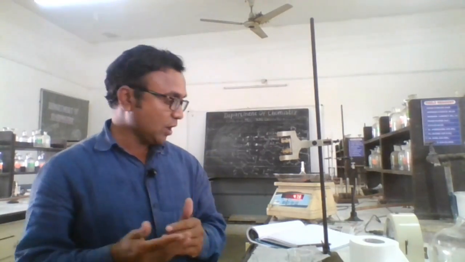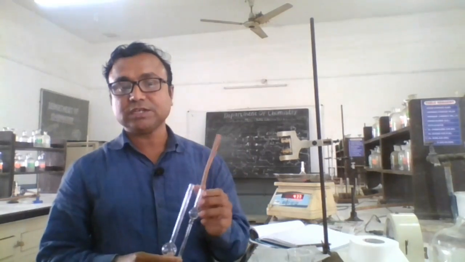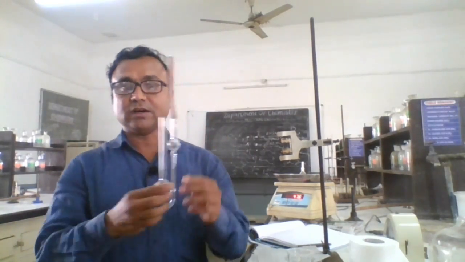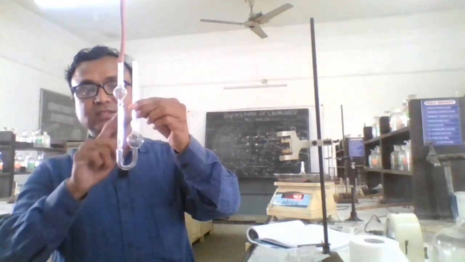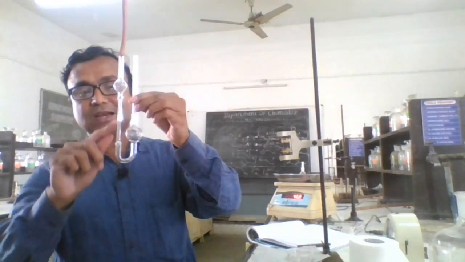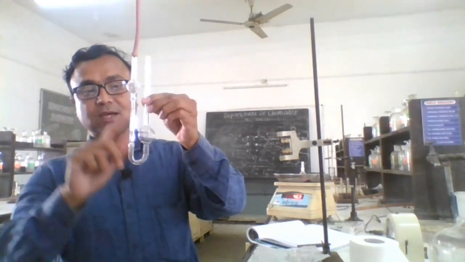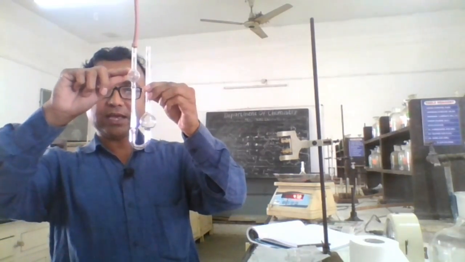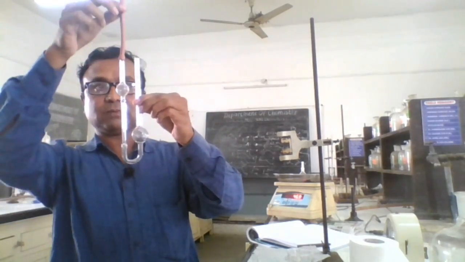Now we are going to the next part, that is the determination of the viscosity of the unknown liquid, that is the ethanol. This is the Ostwald viscometer, already discussed in the previous video. It is a U-tube glass connected through a small capillary, which is inserted in between the two bulbs. This is the upper bulb and this is the lower bulb. In the upper bulb there are two marks: this is the upper mark A and this is the lower mark B. This is the rubber tube, which is inserted from the other side.